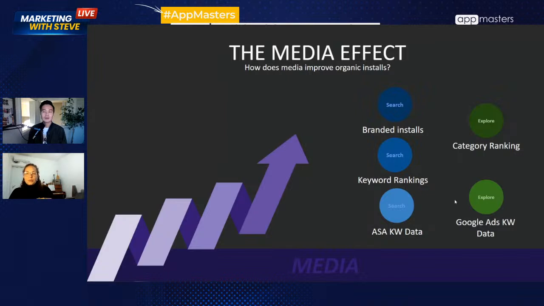The more Google Ads we run, Google Ads appear on the search, also in many other placements as well, but also on the search. So this is tracked as search traffic. And it's another reason why ASO is difficult to measure, because search itself is mixed. It's both Google Ads and search. It's the same for iOS.